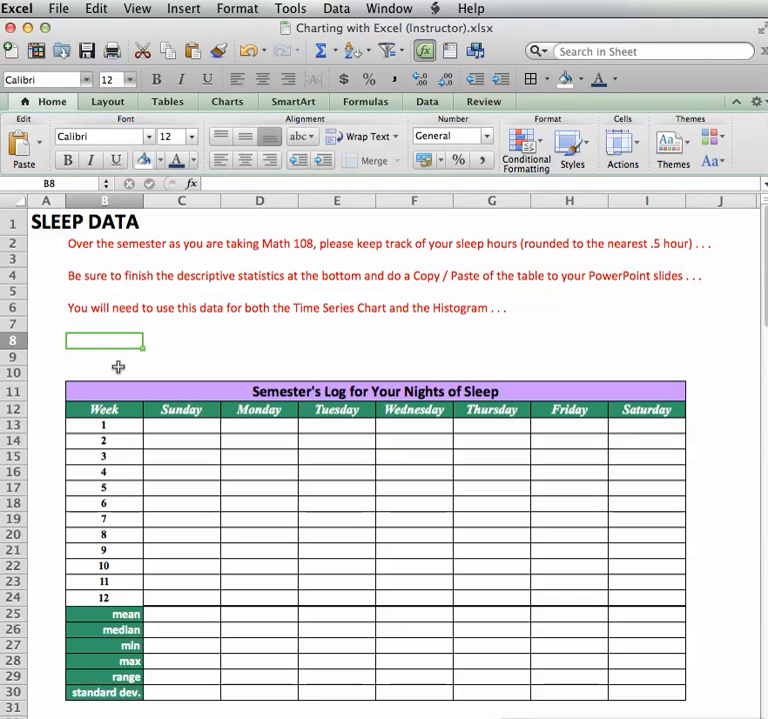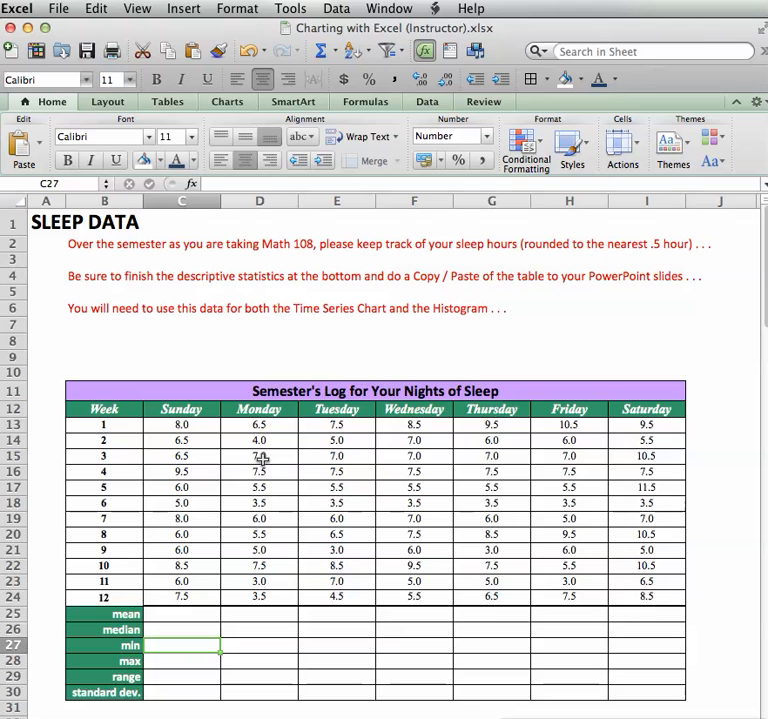Alright, this is just a quick tutorial to show you how to handle building summary statistics rather effectively on your semester's log for your nights of sleep. So I'm going to click over here. I've actually got a worksheet prepared with some random data put in there, and that way we can make this a little more realistic for you. These are just numbers that I essentially put in arbitrarily, so they may not represent your sleep patterns whatsoever, but